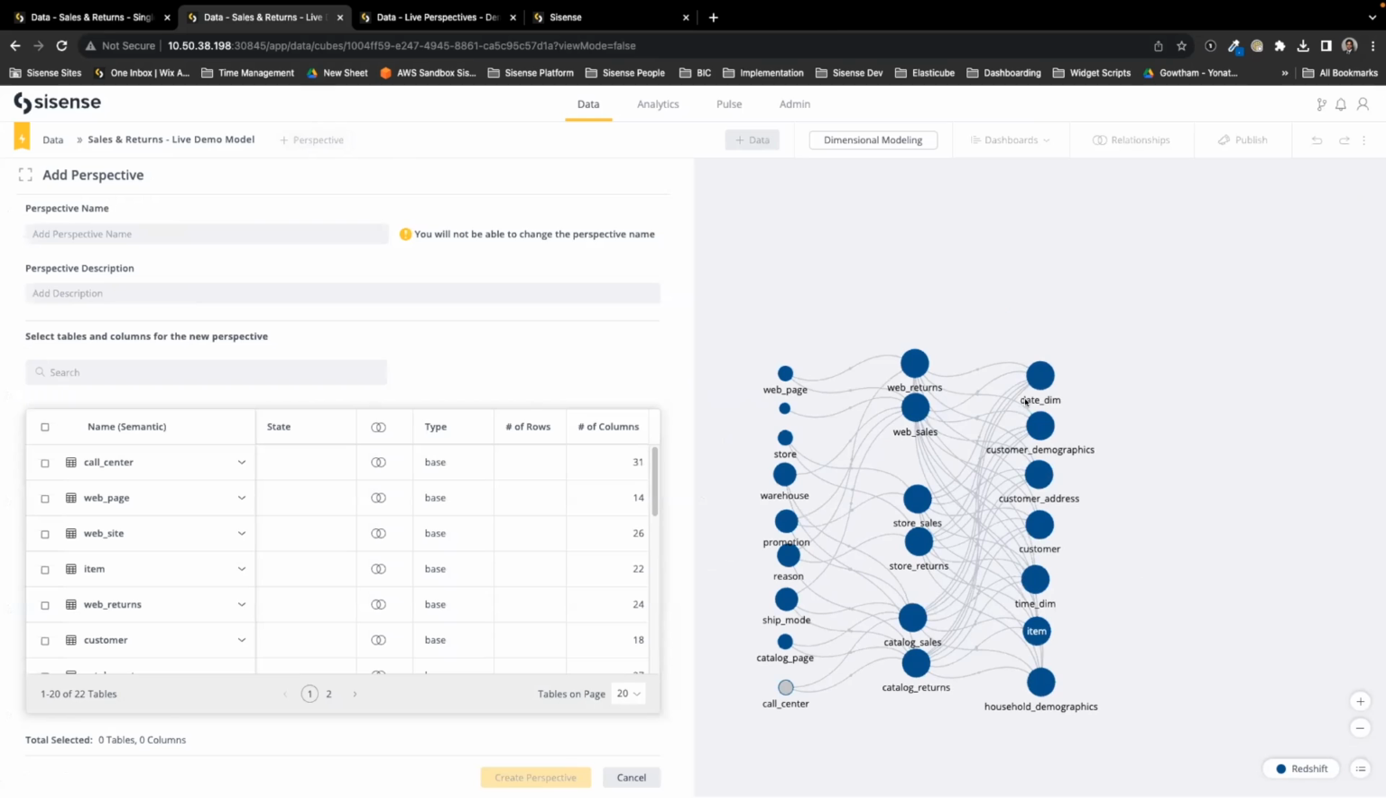So now I will create a perspective for, what shall we create it for? Let's do web. So let me move this. Okay, so here you first have to give the perspective a name. I'll just call it web